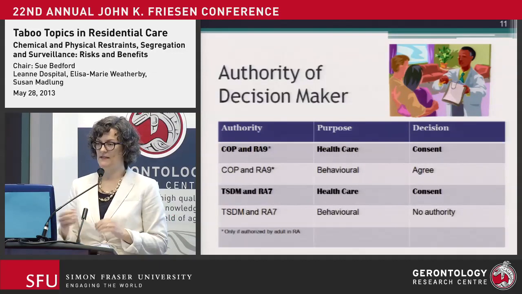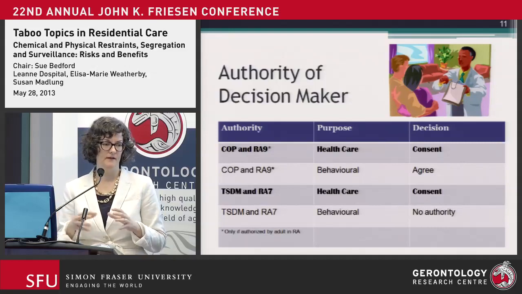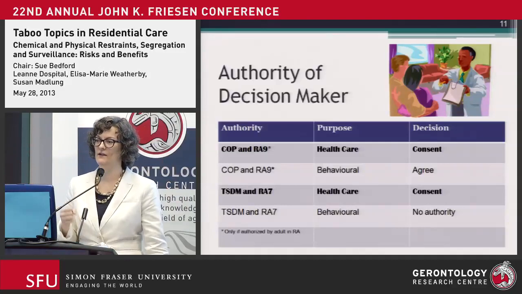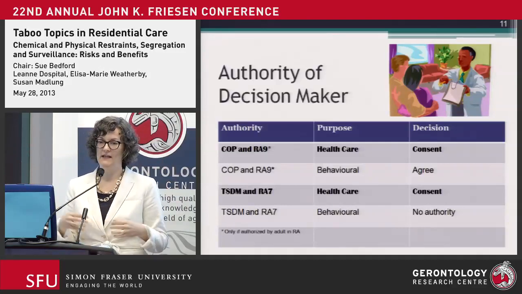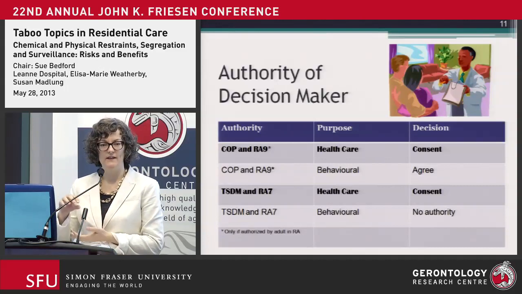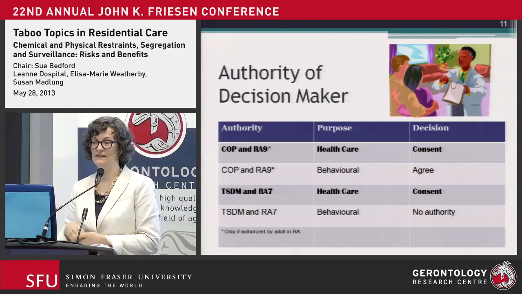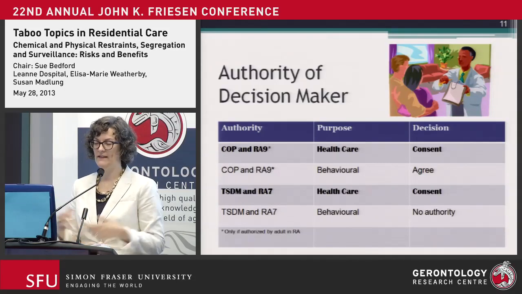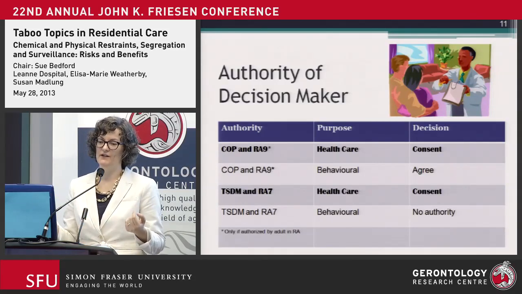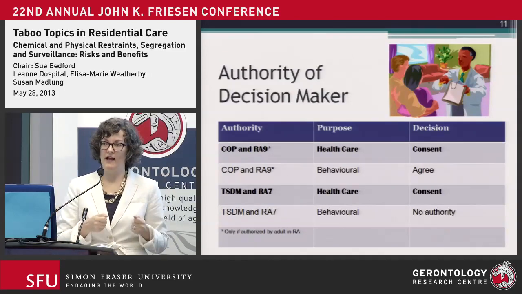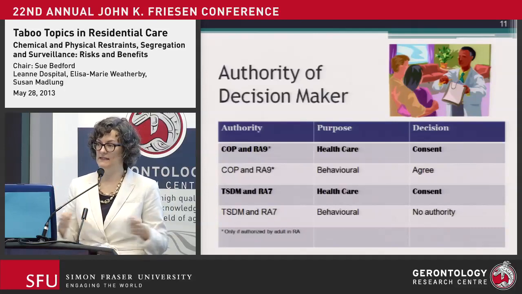A representation agreement 9 is kind of tricky because that's where there are broader powers than the representation agreement 7, which has more standard powers. Only if the adult says so in the representation agreement can the representative give agreement to restraints for behavioral reasons. That's kind of tricky, and as a healthcare provider, the first thing you want to do is look at the agreement. If anybody says, oh, I'm a representative, ask to look at that agreement, read it, and see what it says in there. What can that person do? What are they allowed to do?